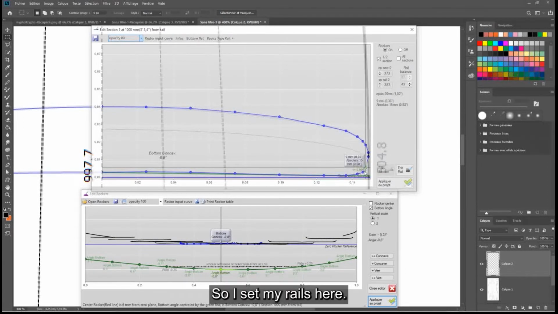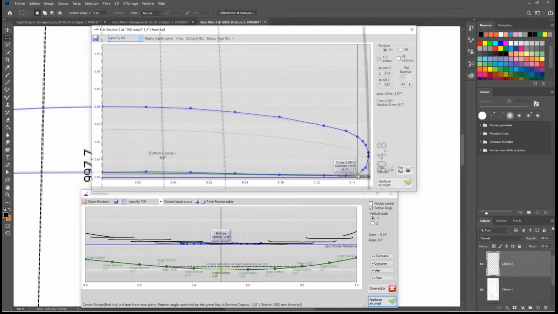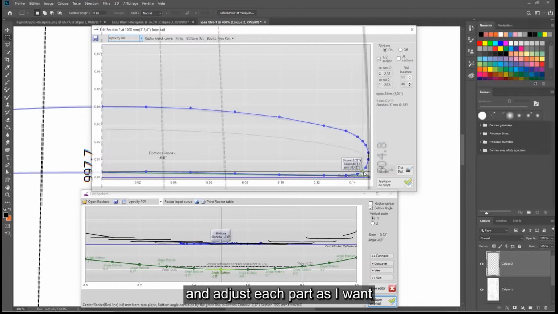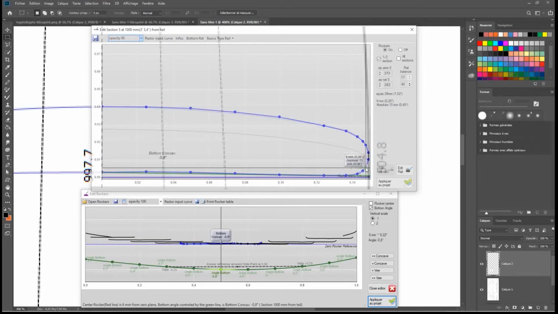So, I set my rails here. Here, I could then modify and adjust each part as I want. Here I have my section which corresponds to my model.